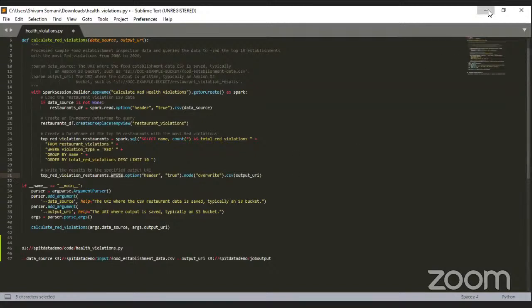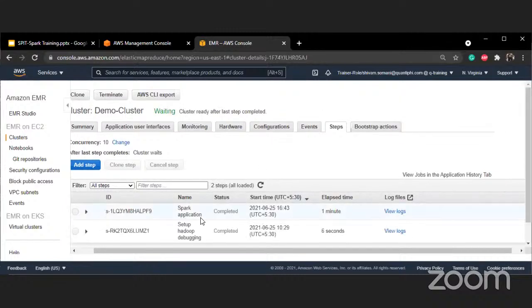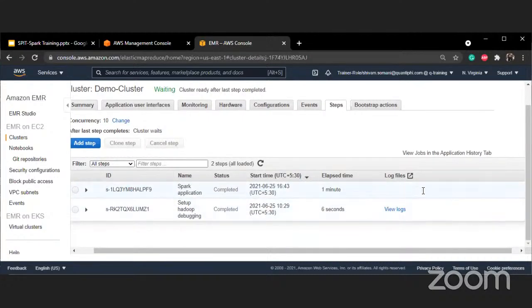So let's check if that is done. Yeah, so the process is completed. I'll just show you the output for the same. Yeah, you can see, right? This process is completed, and we can see logs of how it performs.